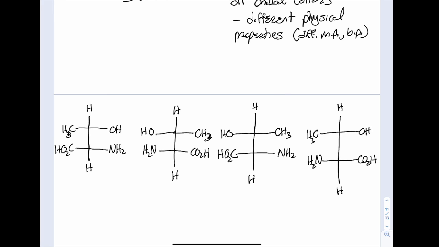So looking at this chiral center right here, this is bonded directly to an oxygen, right? Here it's bonded to a hydrogen, here it's bonded to a carbon, and then this is bonded to a carbon. So oxygen has the higher atomic number. So that's going to be 1. This down here is going to be 2, right? Because this carbon is bonded to a nitrogen, a carbon, and a hydrogen. This carbon is bonded to 3 hydrogen. And then my priority,